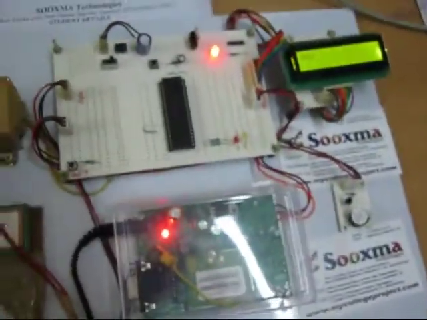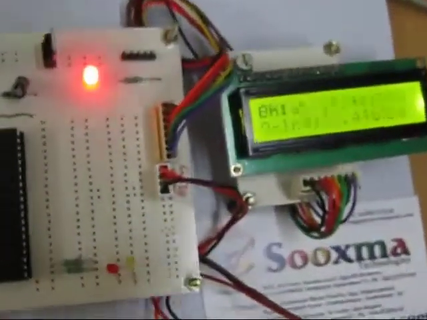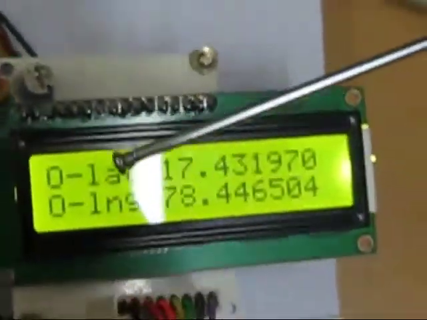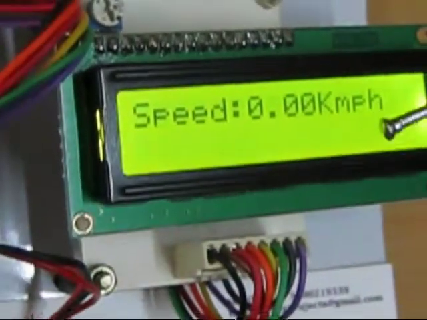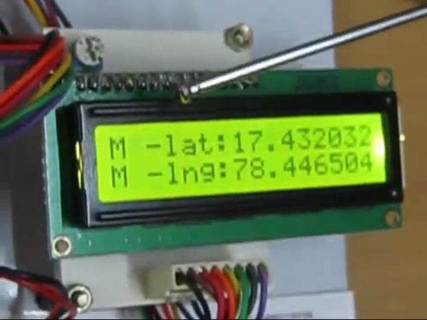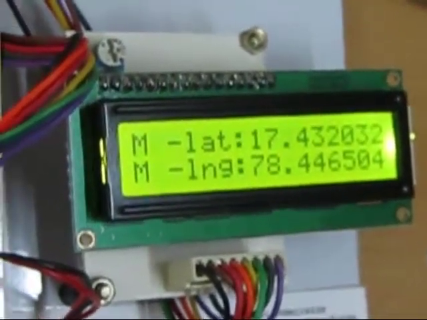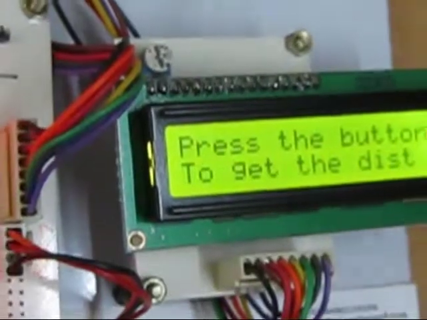So initially here also, this is a monitoring section. So here you get a confirmation through buzzer. So O is nothing but your object. So object latitude longitude as well as speed. So after that again it will display M. M means monitoring section latitude longitude values. So you know the object, you know the monitoring section. Both distance you can easily get it.